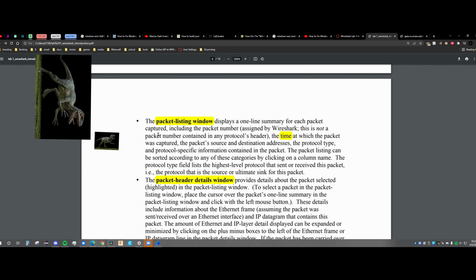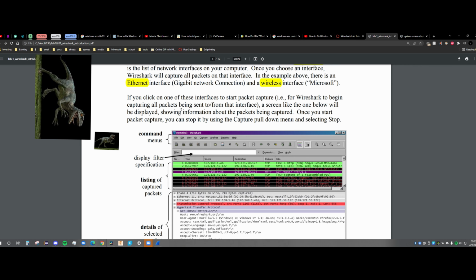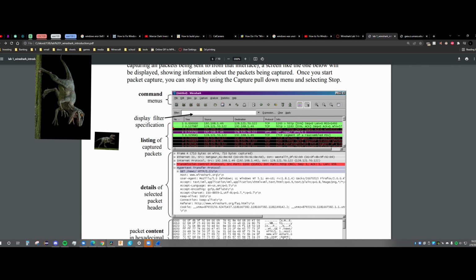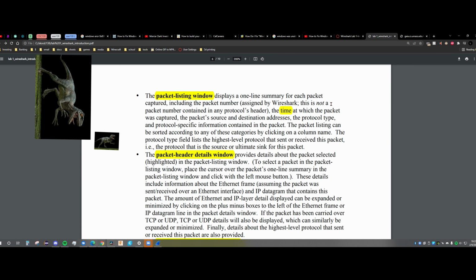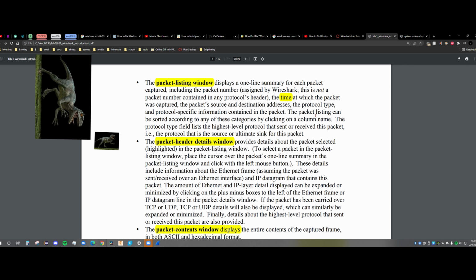The packet listing window displays a one-line summary for each packet captured. So the packet listing window is the part right here with the different colors. It displays a one-line summary for each packet captured, including the packet number. It's assigned by Wireshark. This is not a packet number contained in any protocol's header. The time at which the packet was captured, the packet source and destination address, the protocol type, and protocol-specific information